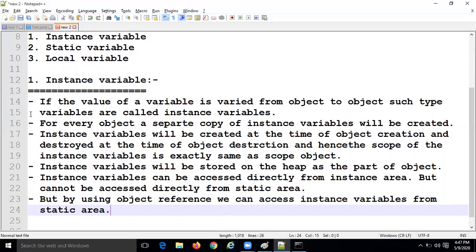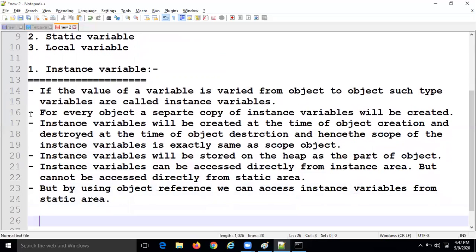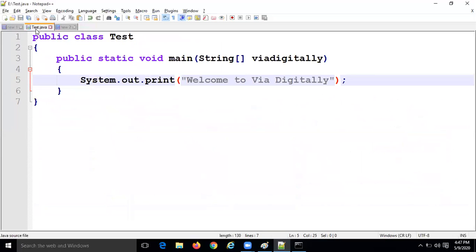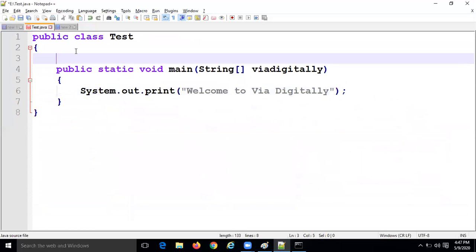Now guys, for this, let me write one example here. I created one instance variable, int x equal to 3.